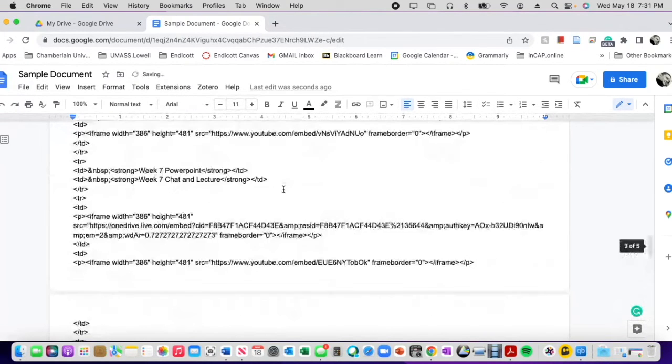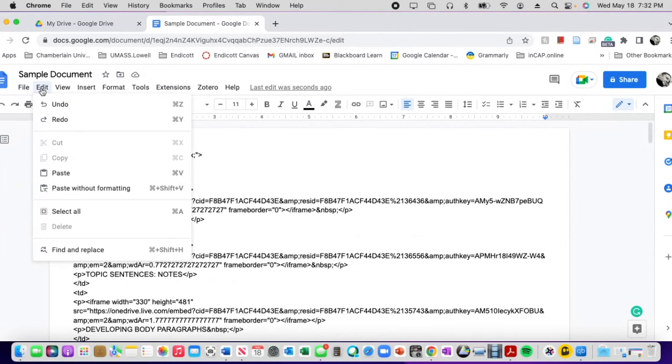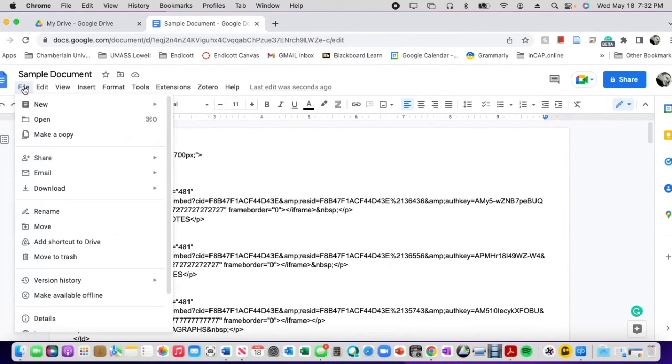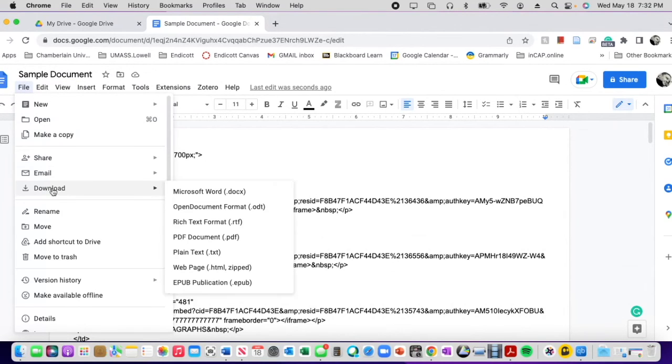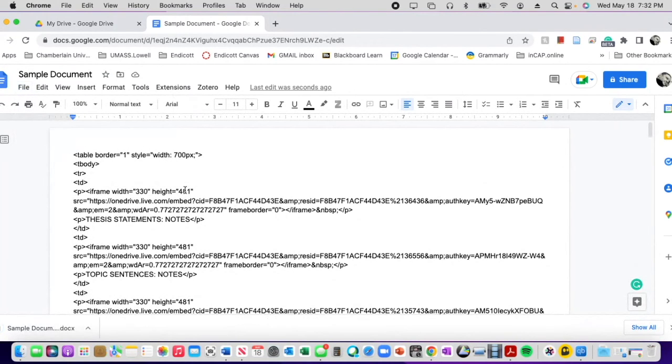Okay, so I'm going to pretend that this is my file. It saves everything automatically. That's the theory of it. But I now want to download it. So I'm going to download the Microsoft Word document to my computer. Depends how it looks on yours, but you could also